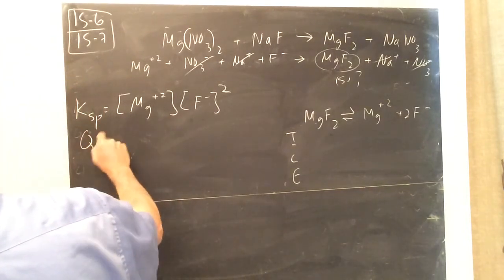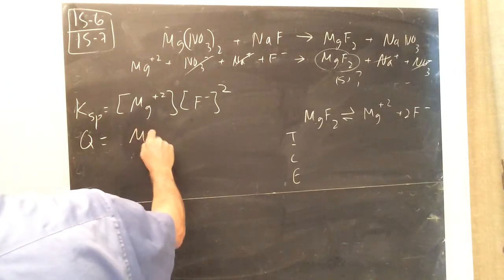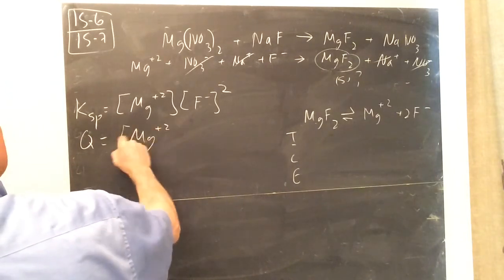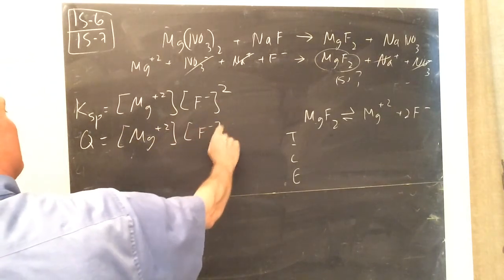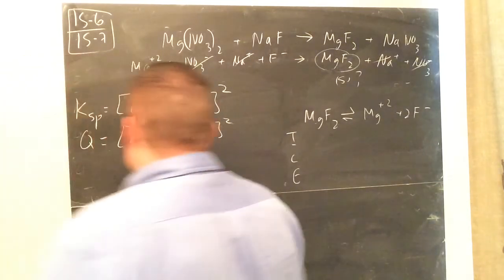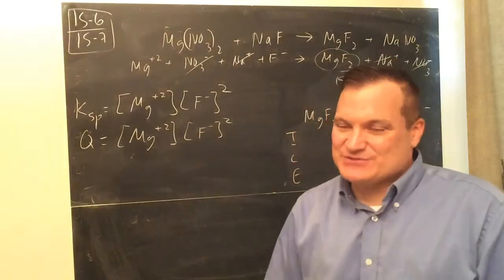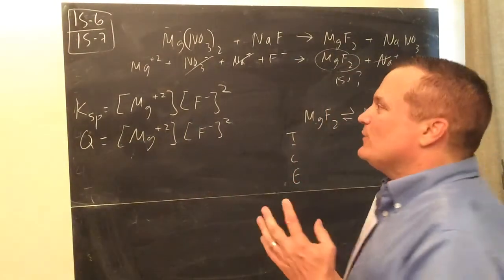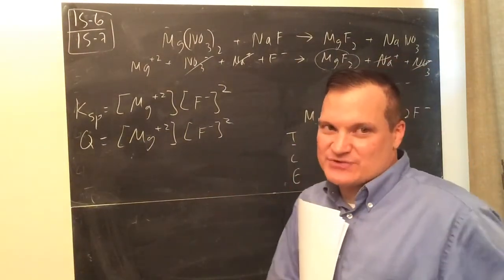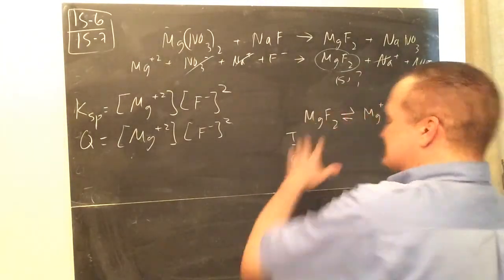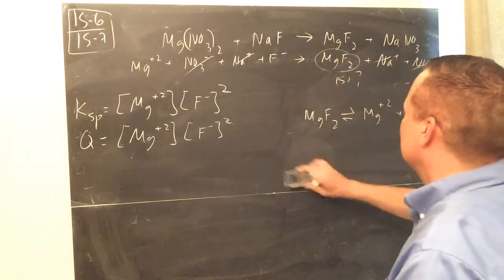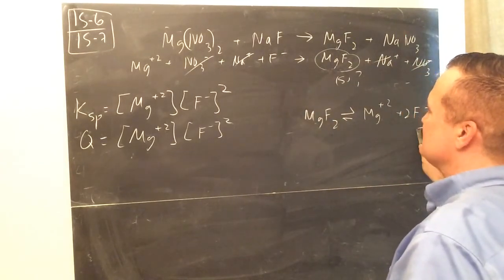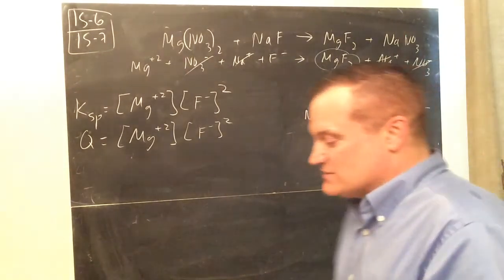Well, Q, remember Q? If you are or aren't at equilibrium, Q tells you where you are. Uh-oh, Q is back. So here's the rule, and this is what you'll like. I'm going to plug in. They gave you a bunch of stoichiometry numbers here, so I don't even need my ice box. I once told you, you can always draw it and abandon it. I don't need the ice box, but instead I'm going to do some stoichiometry